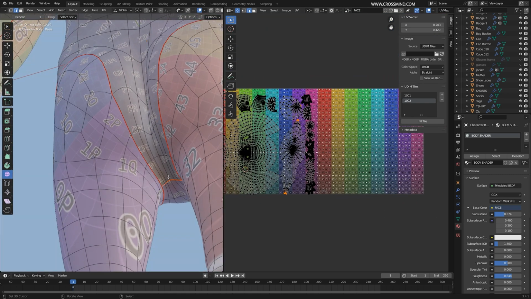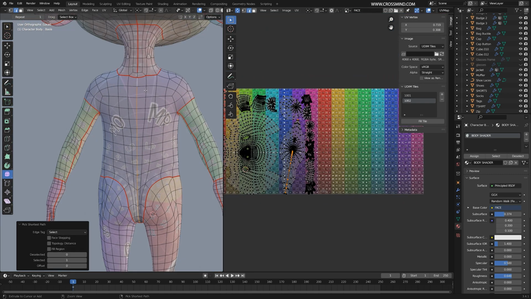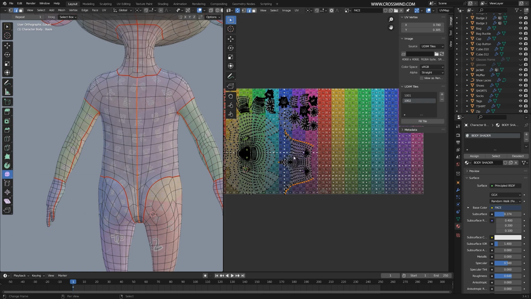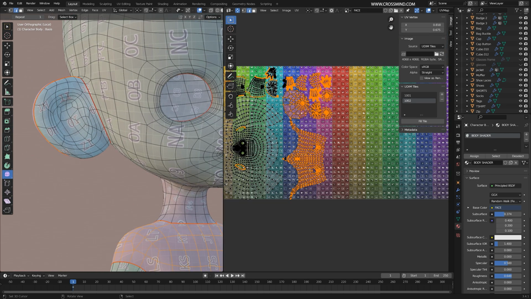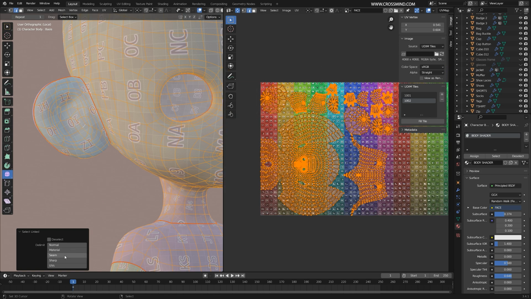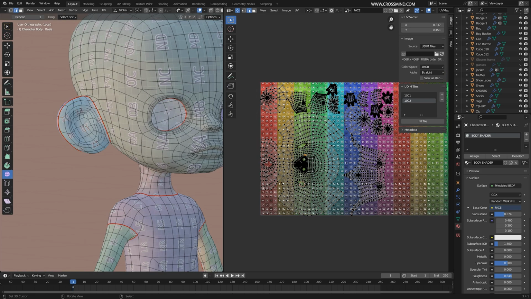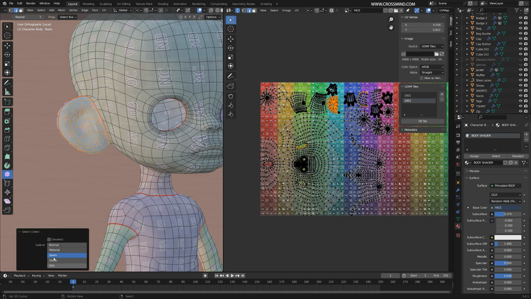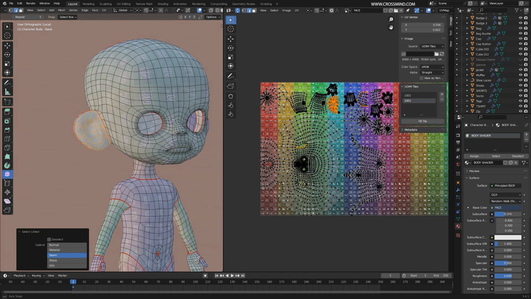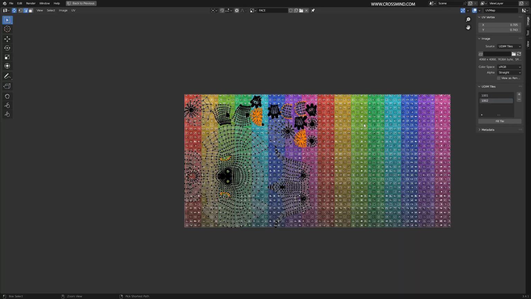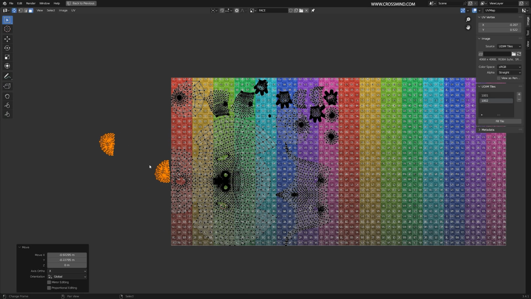and from here to here as well, mark seam, and these parts. In the UV editor, if you press L to select the linked faces, you can select seams from the pop-up menu. So it's going to select the entire island till the seam. So these parts I can move into the first UDIM, and the rest of the things I can move to